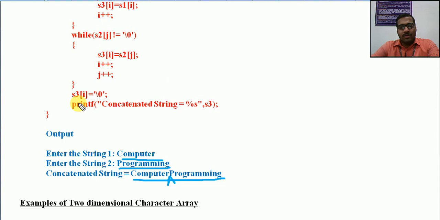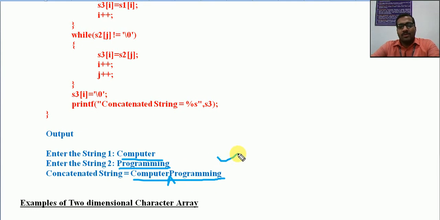If you want to add a space in between, just after the first string is appended into the S3 string, we can add a space, then start this for loop, so that in the next ith location the second string's values will be assigned.